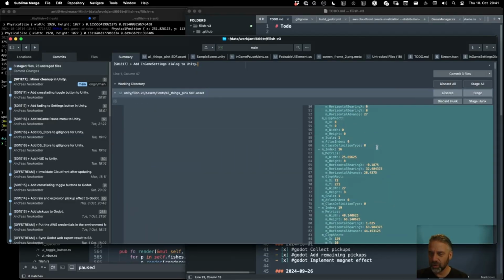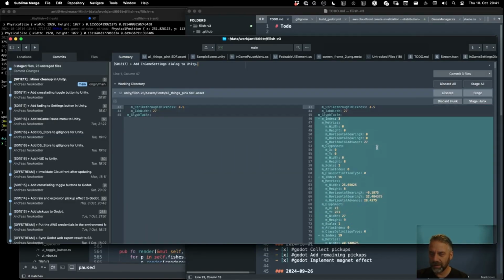I'm not sure why. Okay, the font we use more characters now, so we need to pre-render more glyphs. That will become problematic if we have dynamic text. Anyway,